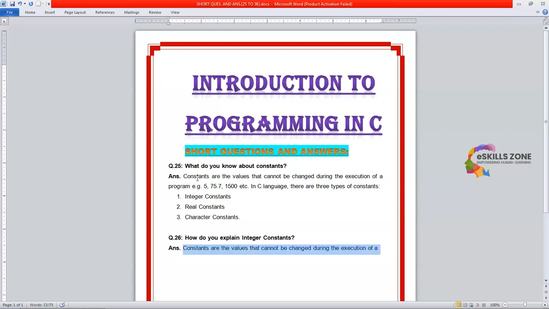The answer is, these are the values without decimal point. For example, 7, 1256, 30100,